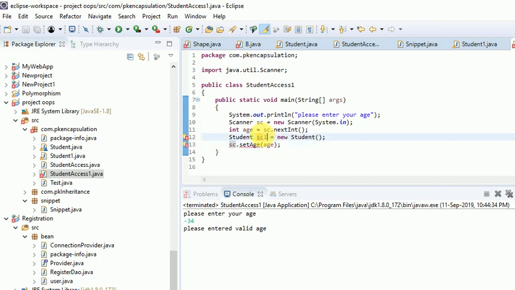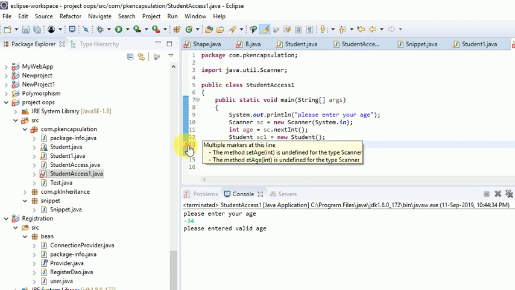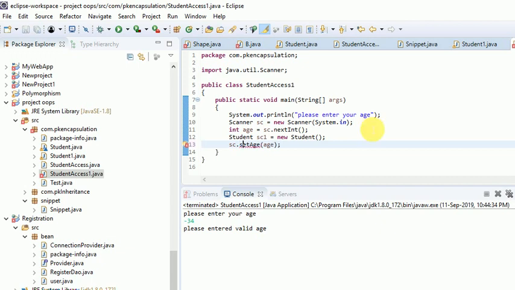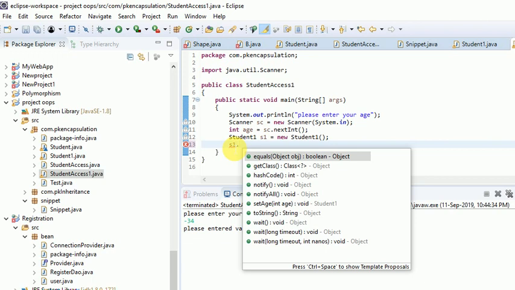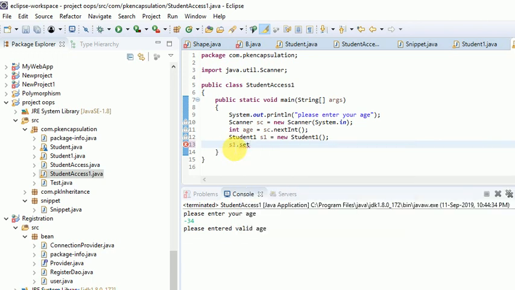So here I am calling the s1 setAge method, and I am passing the age argument as age.